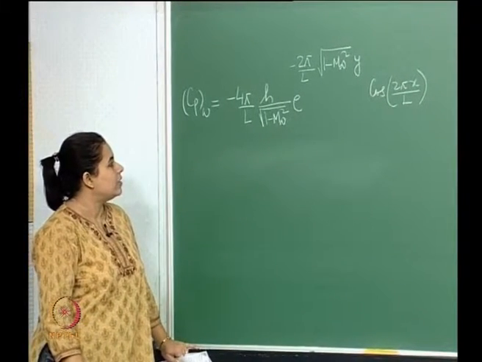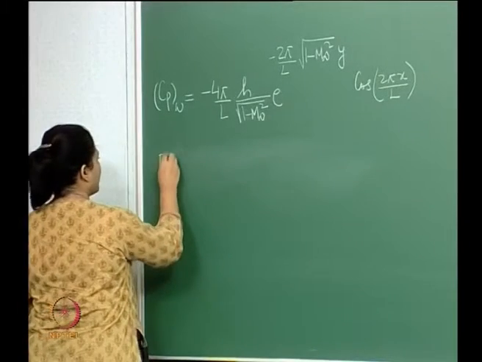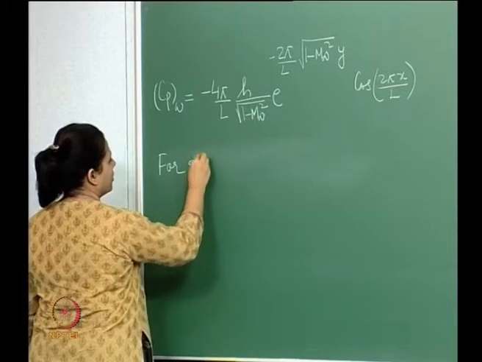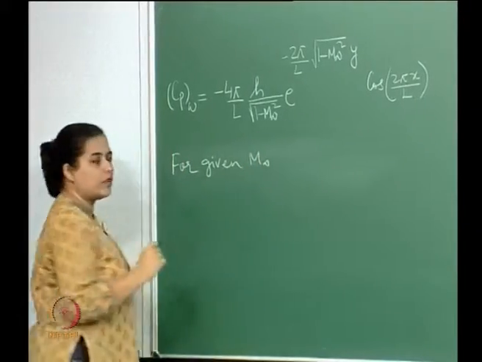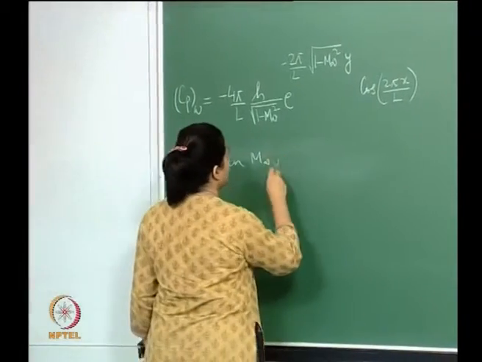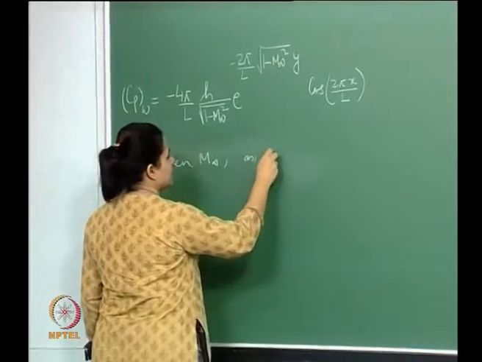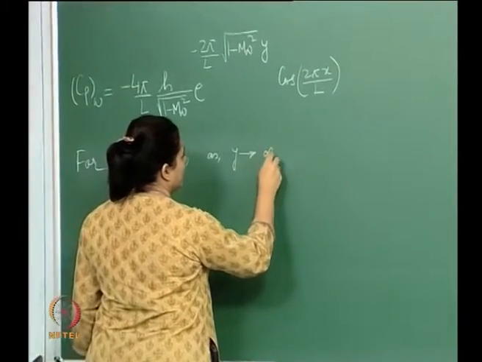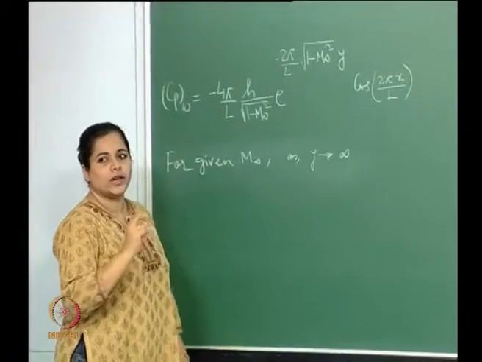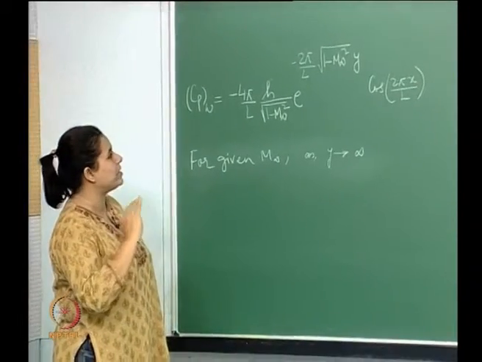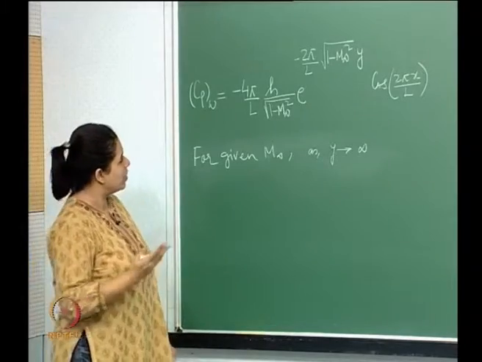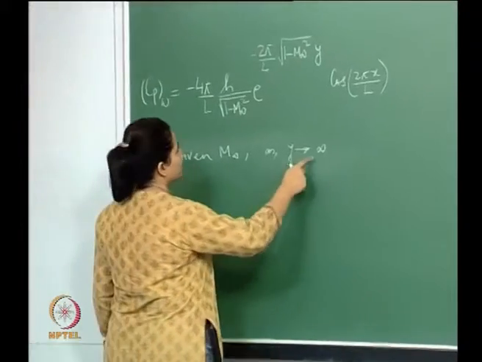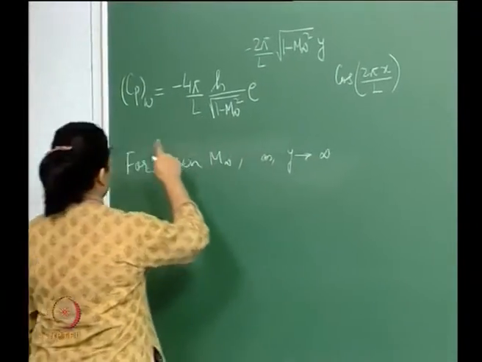Now let us see, say for a certain value of M infinity, right? So say as y is very, very large. So we are basically looking at a distance which is very, very far away from the wall itself. So y is very, very large. Then what happens to